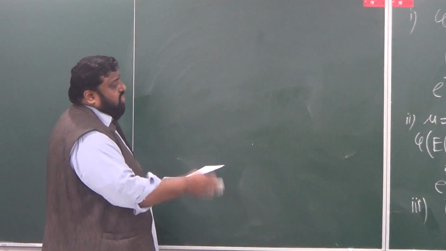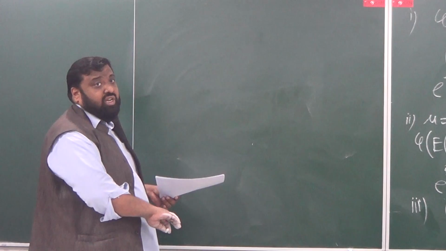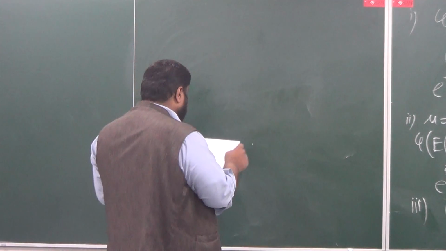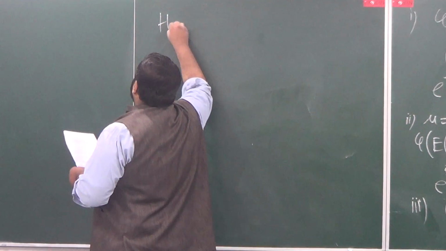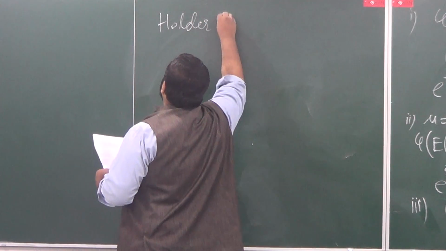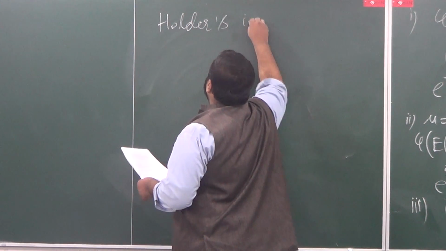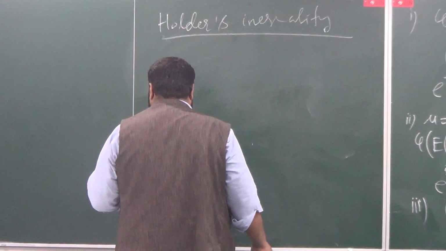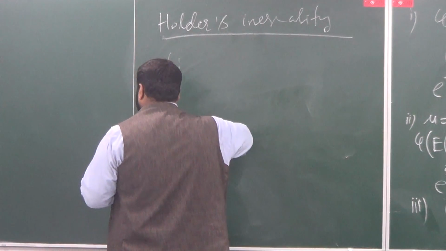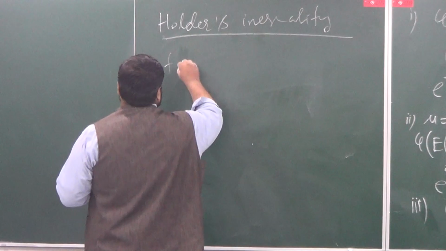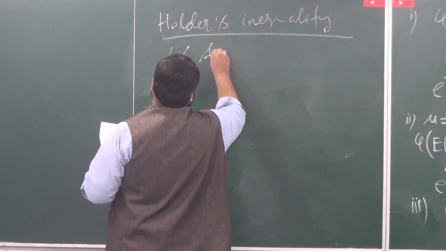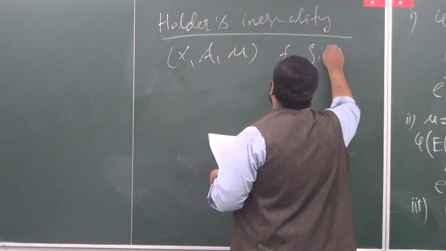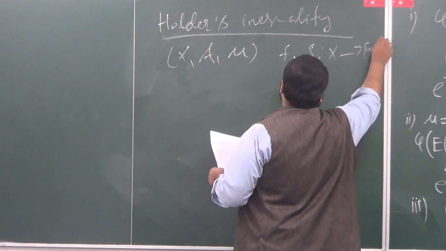Anyway, you can also prove Holder's and Minkowski's inequality based on an argument that uses Jensen's inequality. I'm just giving you a sketch. So what does Holder's inequality say? Holder's inequality is that if you have a measure space and two measurable functions, maps from X into 0 to infinity,